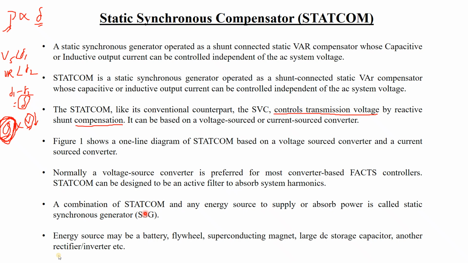That means it will serve the purpose of a STATCOM as well as generate the active power. This is needed, for example, in distributed generation in a small area, because we know that reactive power compensation is done locally. The transmission line is absorbing reactive power, so we cannot transfer reactive power over the transmission line, so it has to be installed locally at different substations.